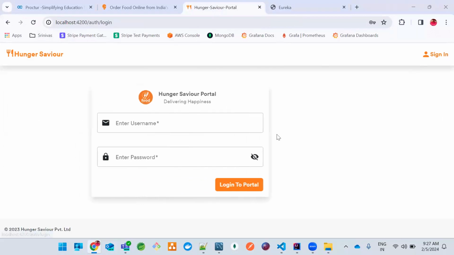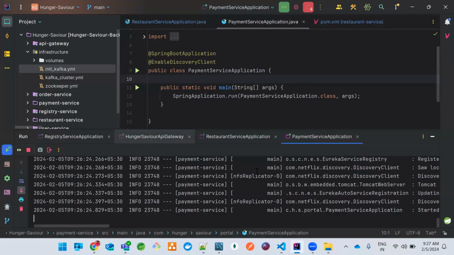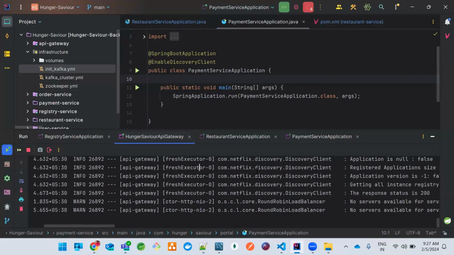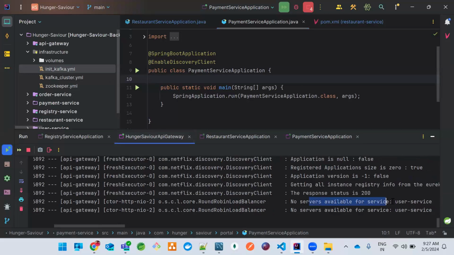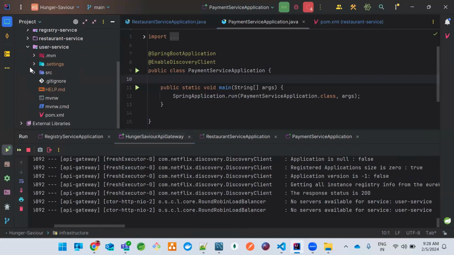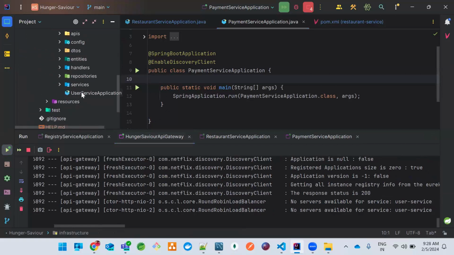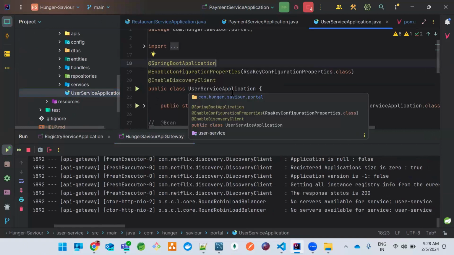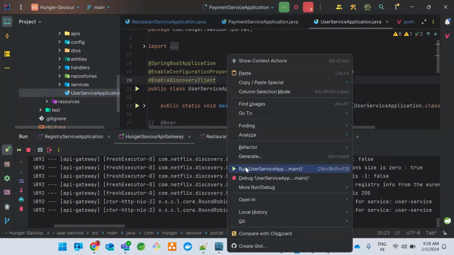It's not working. Just wait for some more time. No service available for service user. Oh, I didn't make my user service up and running again. Sorry for that. That's the reason it is saying that, because the first service which will be called from the